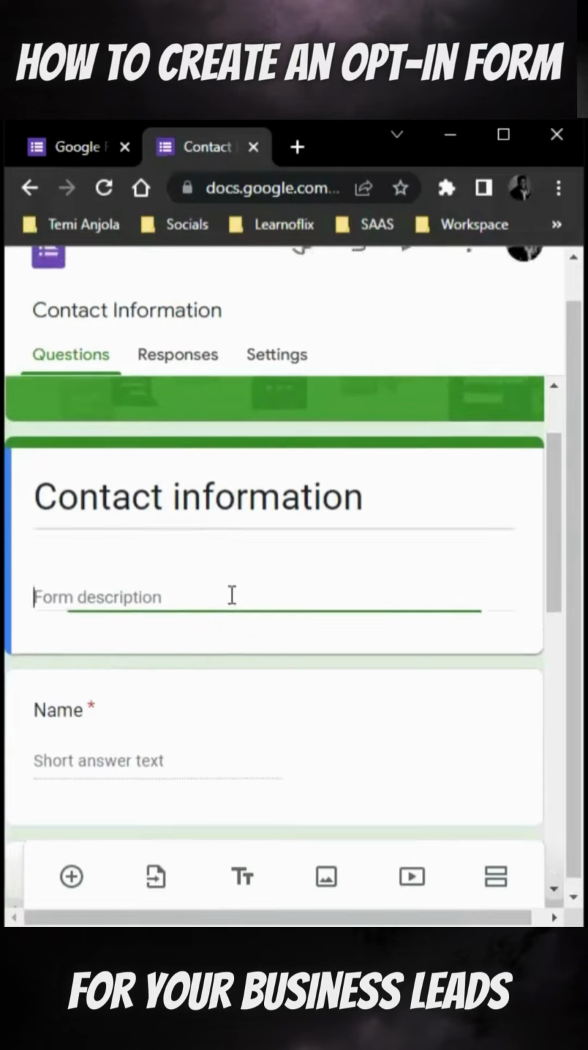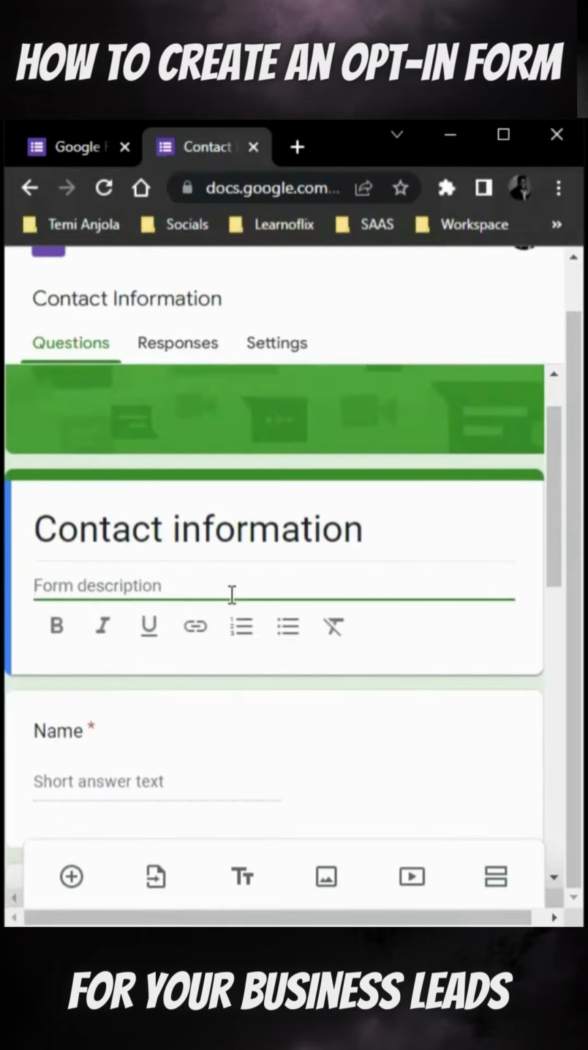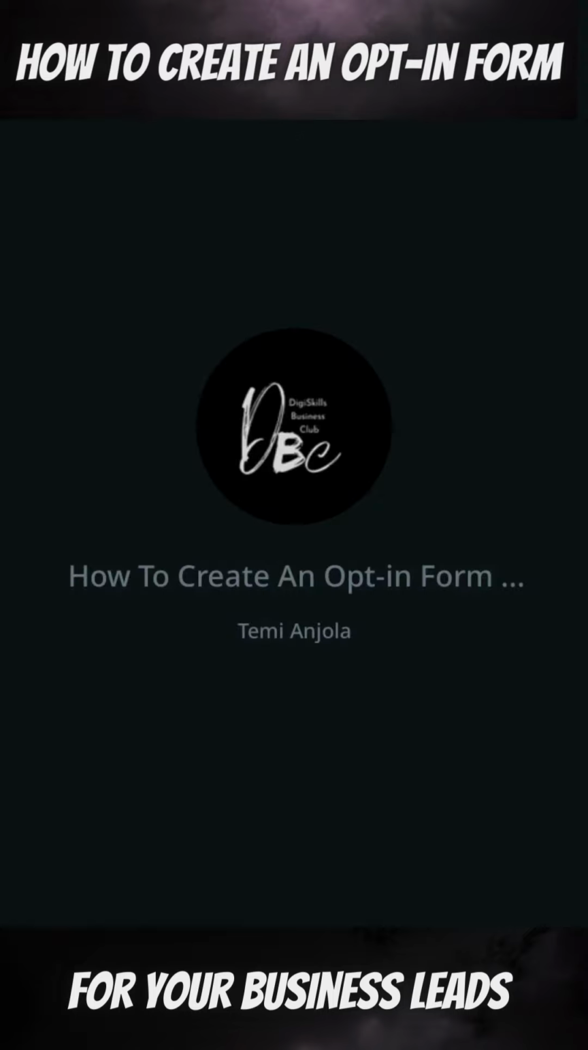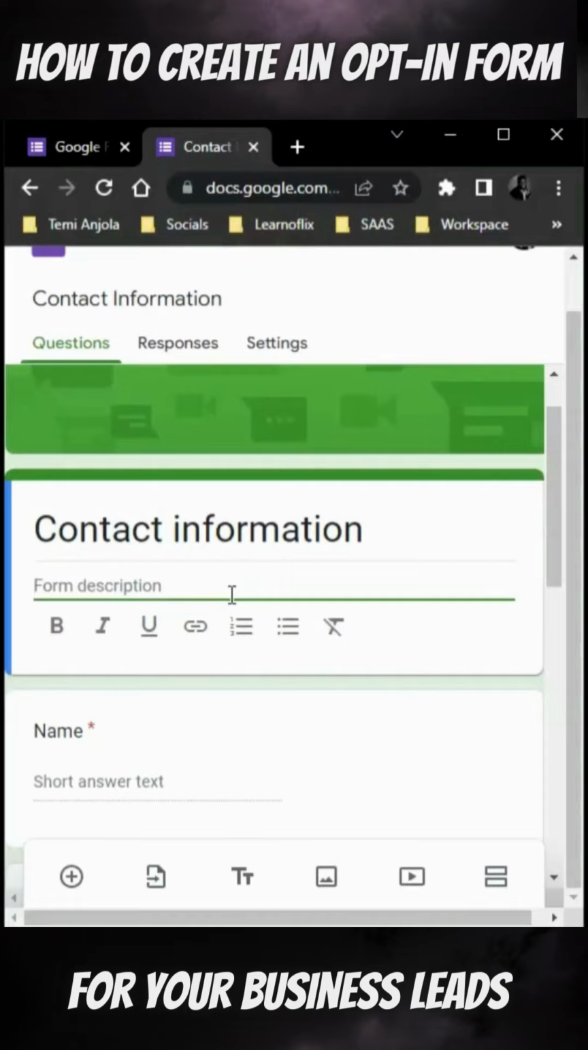Then the form description is just a little note. You might decide to leave it, or you might decide to add something, but I love putting stuff there for additional information that I need. So most times, people get skeptical about, why should I fill my form? Why should I fill in my details and all? So I could just write a